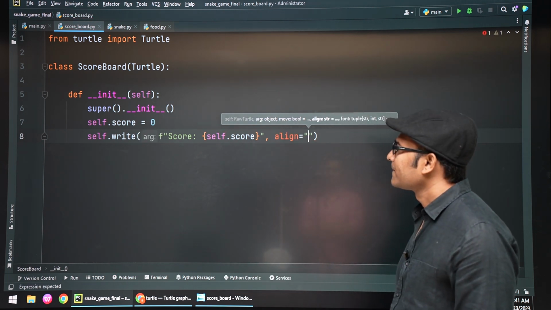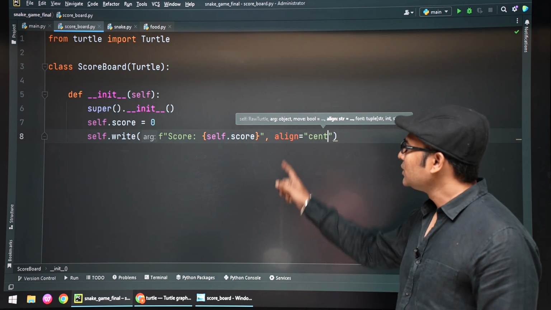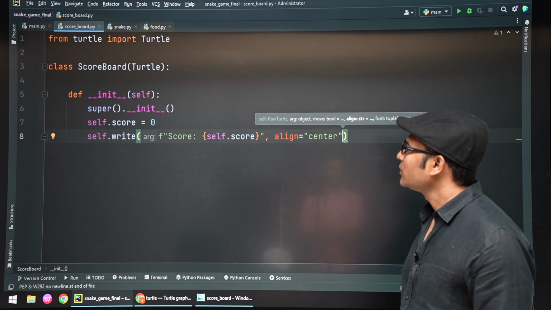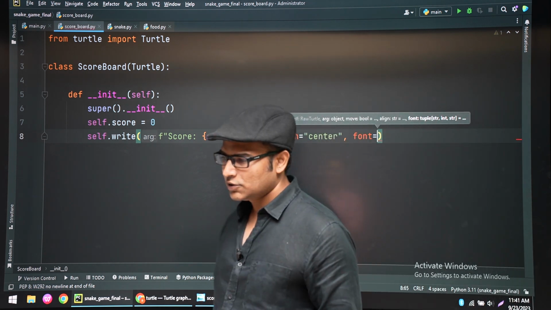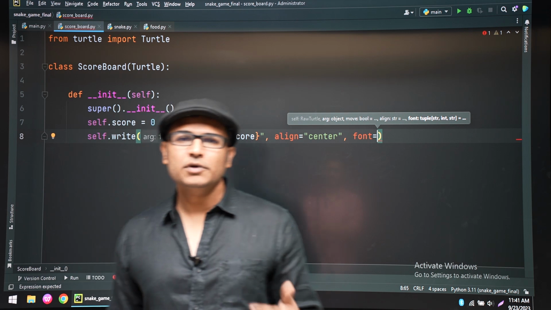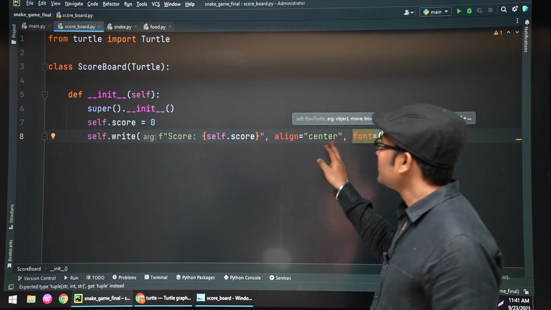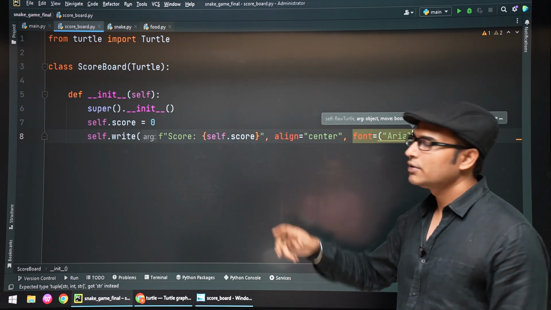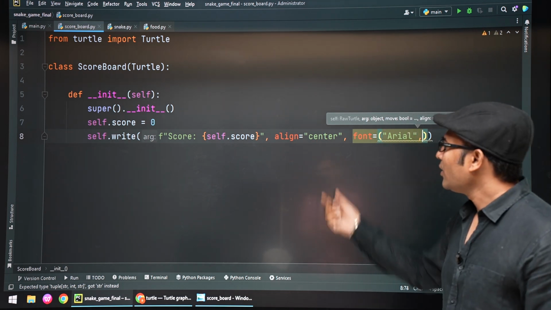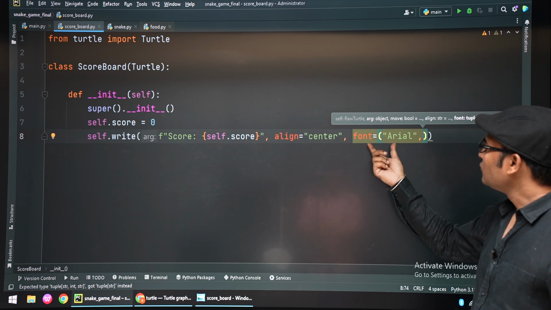So we are using keyword arguments here. Always try to use keyword arguments as much as possible so that it will be readable. If I directly write center, people reading it will not understand it. If I write align equal to center, you will understand, oh, it is alignment. Now I want it at the center, and the font,